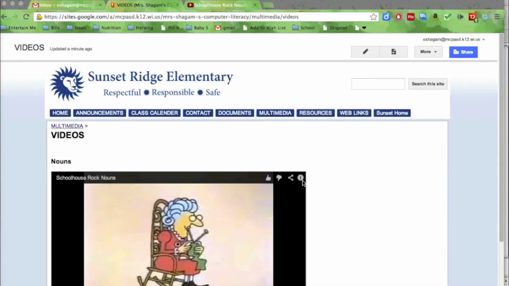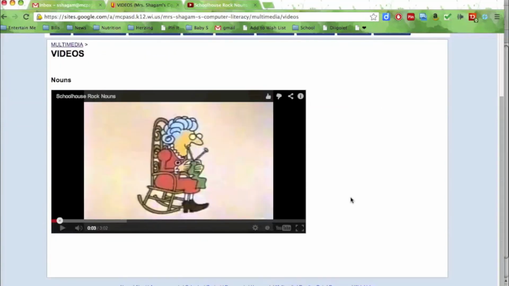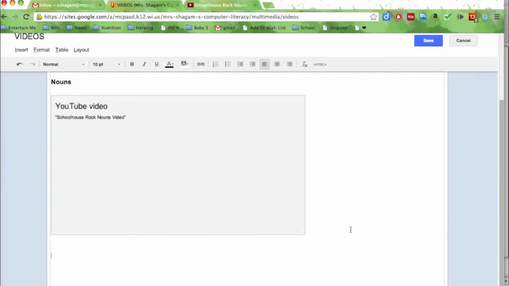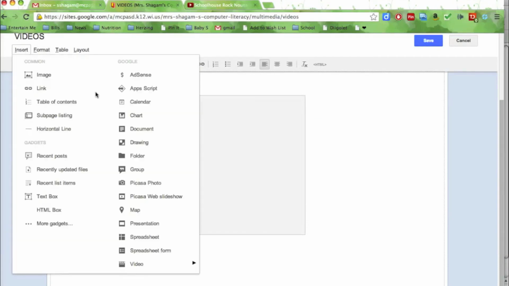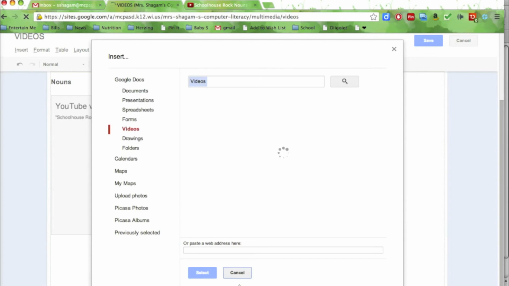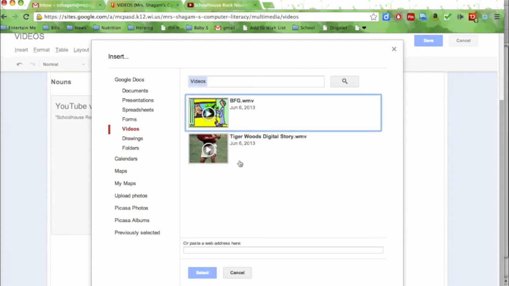If you have videos in your Google Drive, you can also insert those. I'm going to click on Edit, and I'm going to click Enter to go down a little bit further. If I go to Insert, Video, and go to Google Docs Video, it's going to pop up and show me what videos I have in my Google Docs. So here is the Big Friendly Giant, and I would click Select,